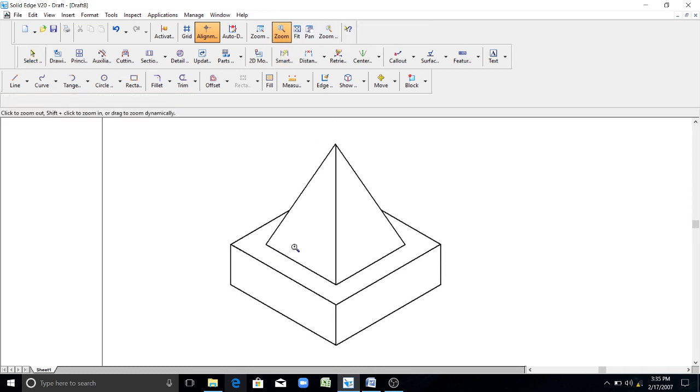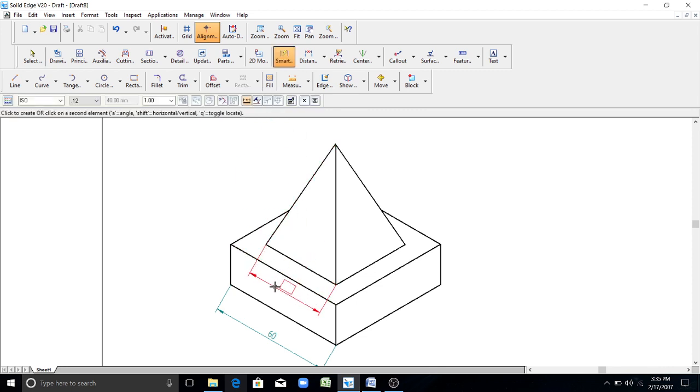Now you have to give the dimensions. So for that you click on smart dimension, select the side or edge where you want to show the dimension. I need to show this dimension. The height of this is 50, but this height is from the center point of the line.